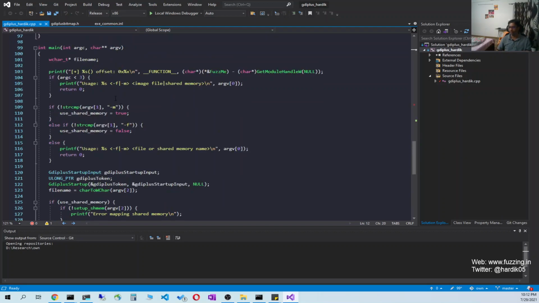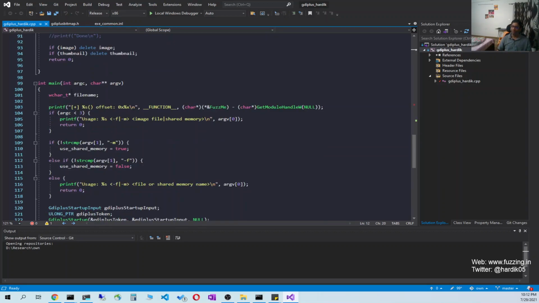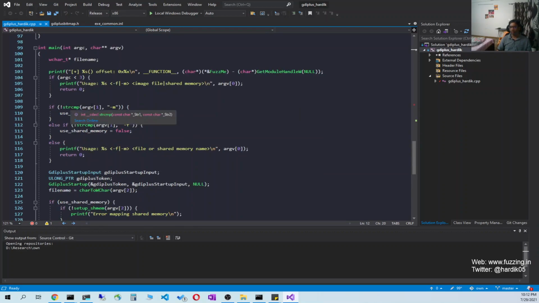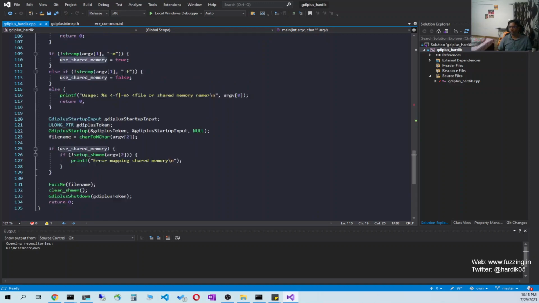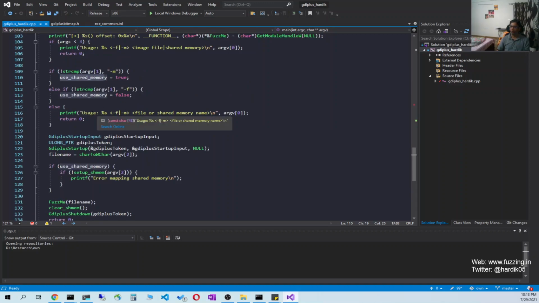The changes I have made over here are that I have taken one boolean variable, and I am simply checking if option -m is given to this main function. If option -m is given, it means that we'll be using shared memory mode. If option -f is given, it means we'll be using file-based mode. If none of these options is present, then it will simply display the usage error message.